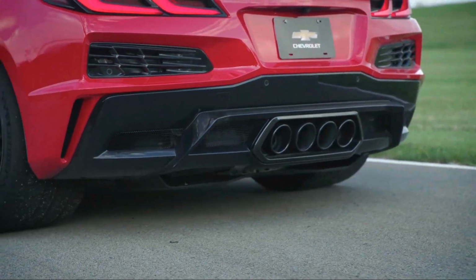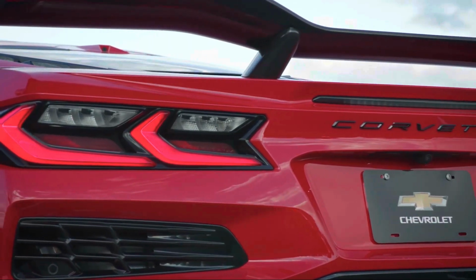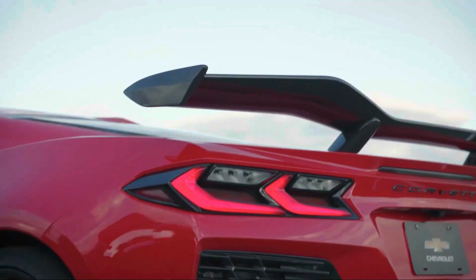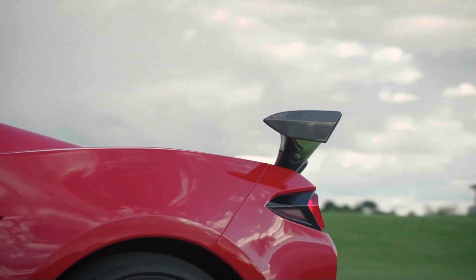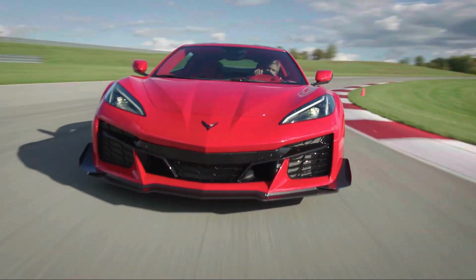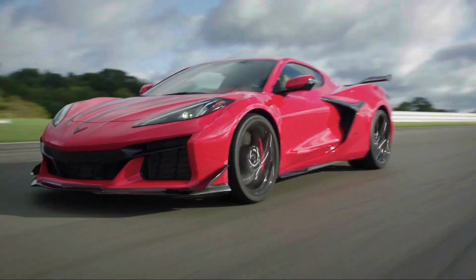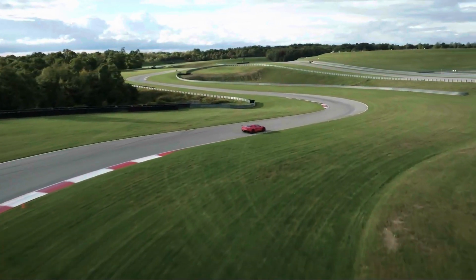Now, with all of this said, we're going to do a quick summary here, guys. Both of these cars are going to be $40,000 plus more expensive than the C8 Corvette Stingray. So if you are not interested in spending that kind of money, the C8 Stingray might be your best option. And honestly, it is still a phenomenal car in its own right. With those numbers out of the way, guys, you are still looking at about $13,000 less for the E-Ray than the Z06 after you factor in the carbon ceramic rotors as well as the gas guzzler fee that you will not be paying for the E-Ray due to that extra